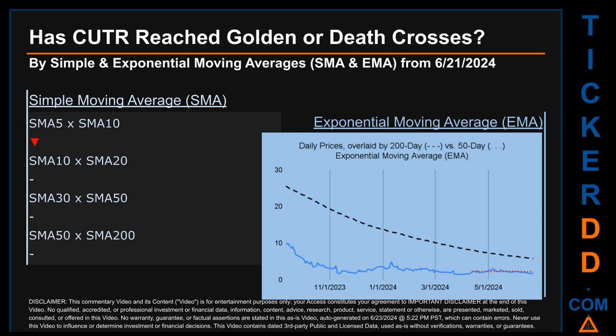Continuing with SMA, we looked across the 5 to 10, the 10 to 20, and the 30 to 50-day ranges to see if golden and death crosses had been reached. We found a death cross signal for the 5 to 10. We could find neither a golden cross nor a death cross signal for the 10 to 20, the 30 to 50,